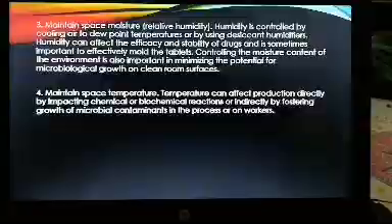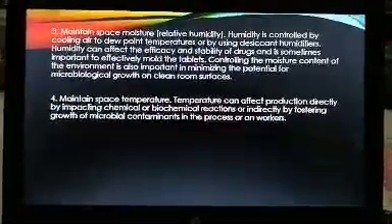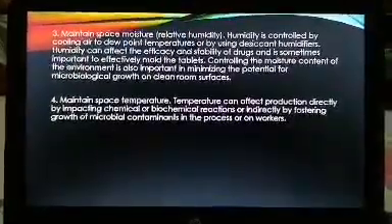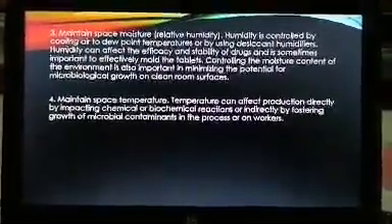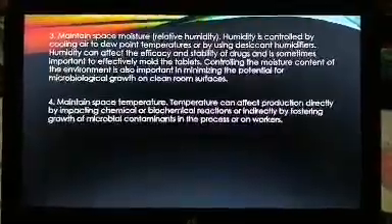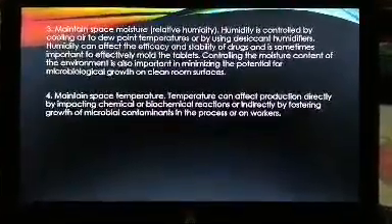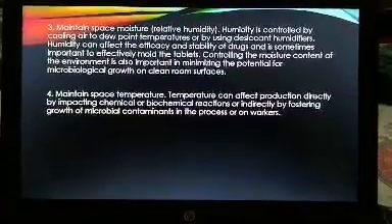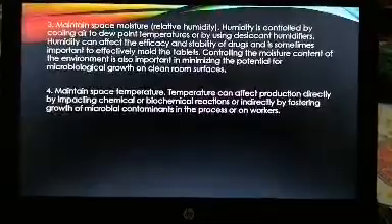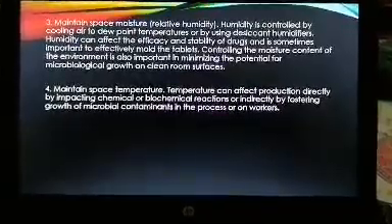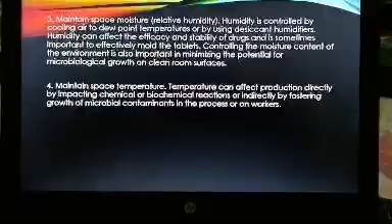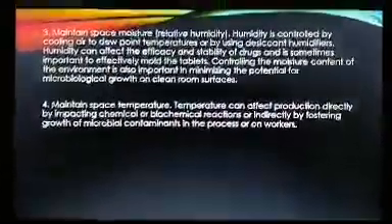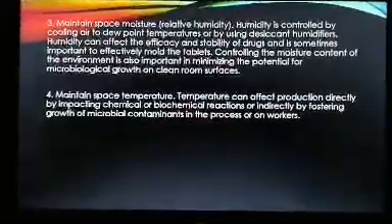3. Maintain space moisture with relative humidity. Humidity is controlled by cooling air to dew point temperature or by using desiccant humidifiers. Humidity can affect the efficiency and stability of drugs and is sometimes important to effectively mold the tablets. Controlling the moisture content of the environment is also important in minimizing the potential for microbiological growth on clean room